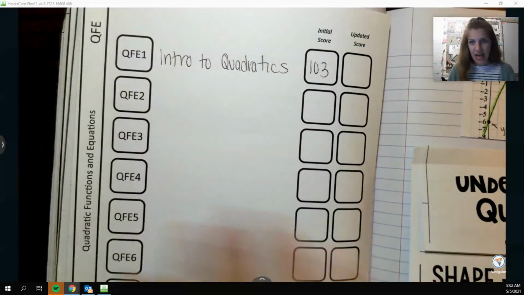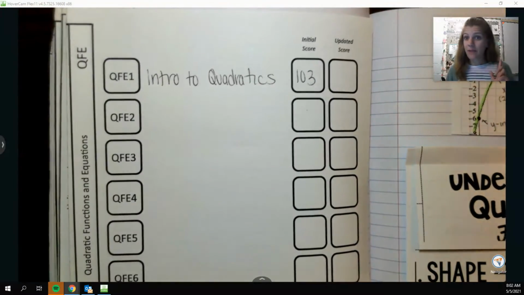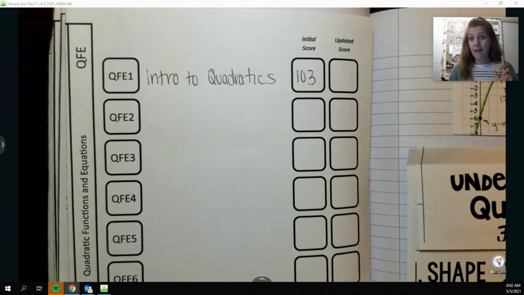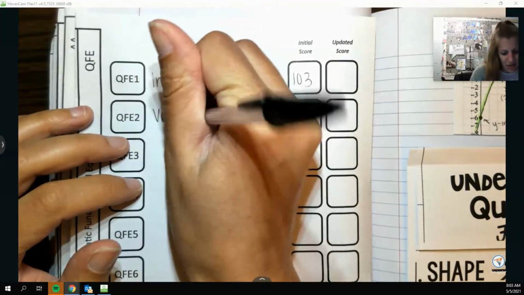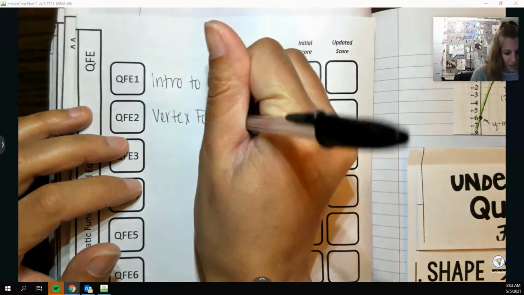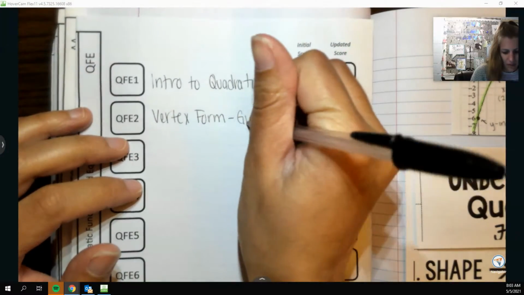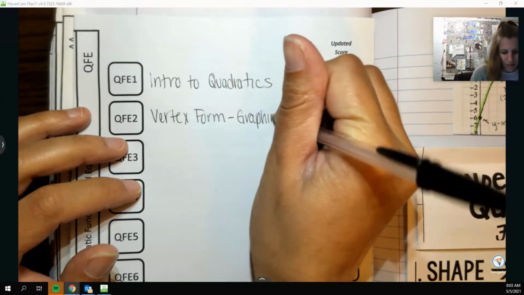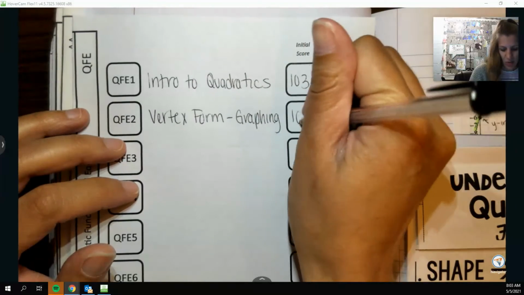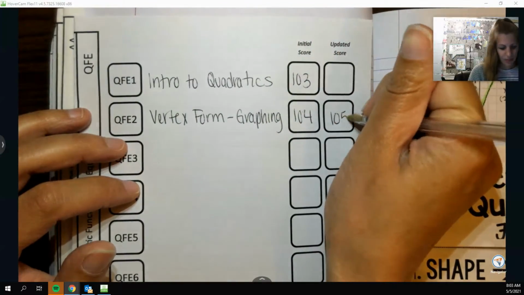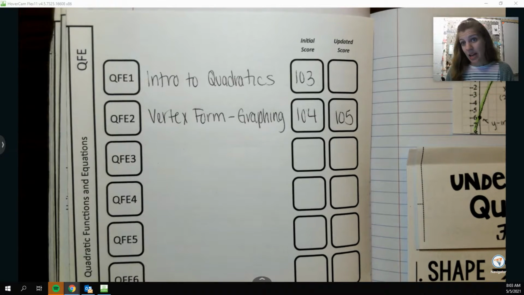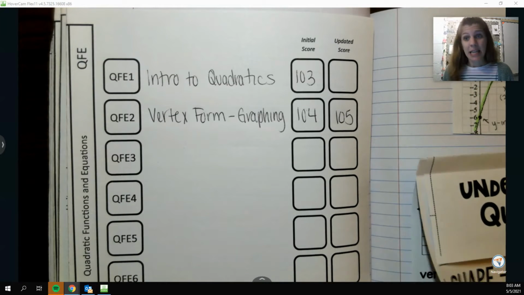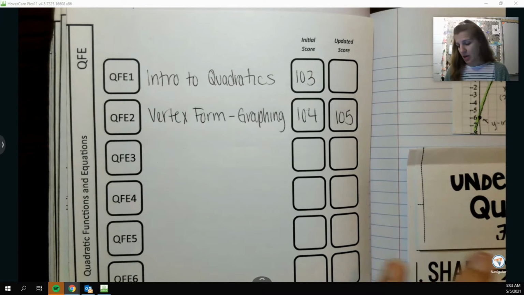Alrighty guys, so we're going to add again today, and we're going to talk about the first form of a quadratic, which I think is the easiest way to graph, and that is called vertex form. And we're going to be doing that on pages 104 and 105. Okay, so if my quadratic equation is in vertex form, we want to know how to graph that